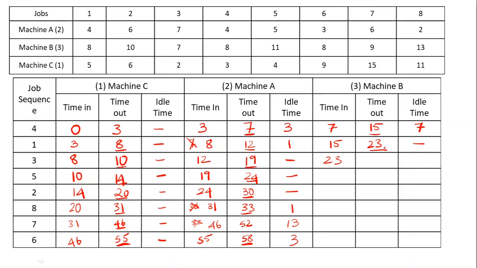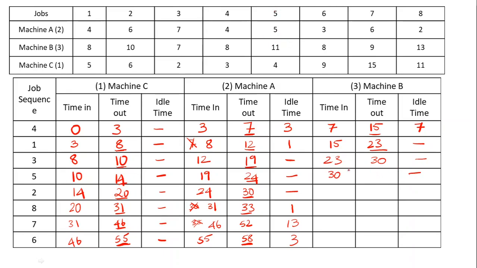Same reason: in the 23rd hour the process is only getting completed, whereas in the 19th hour itself the job in mission A is completed, so it can directly enter, no idle time. So the 23rd job, and we have 7 hours to finish it off, so it is 30 hours. Compare 30 and 24, obviously 30, no idle time, and the job is 5.